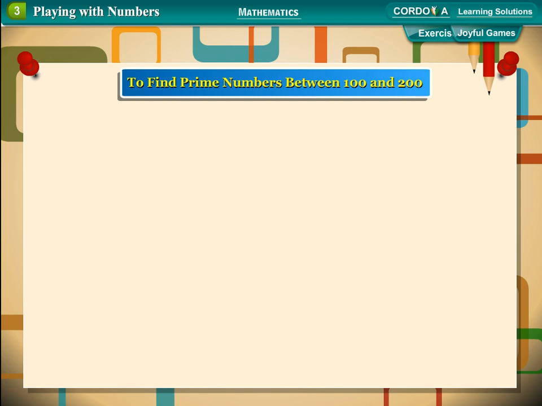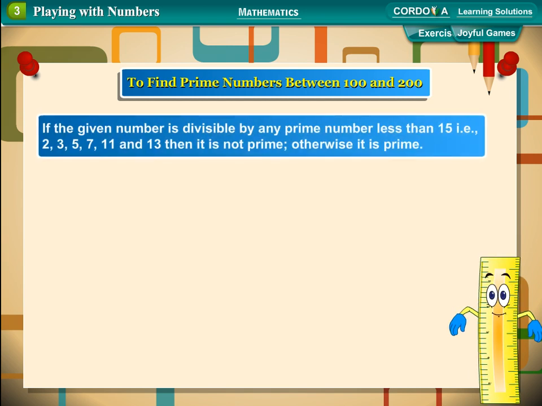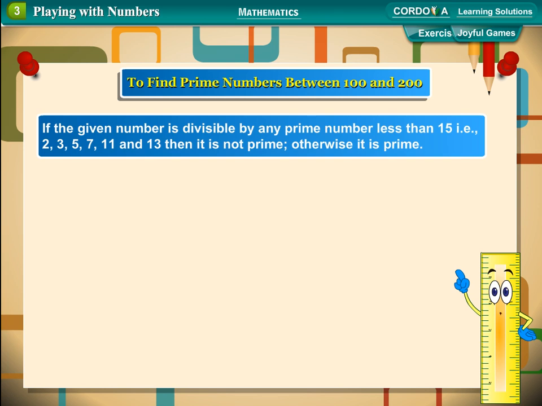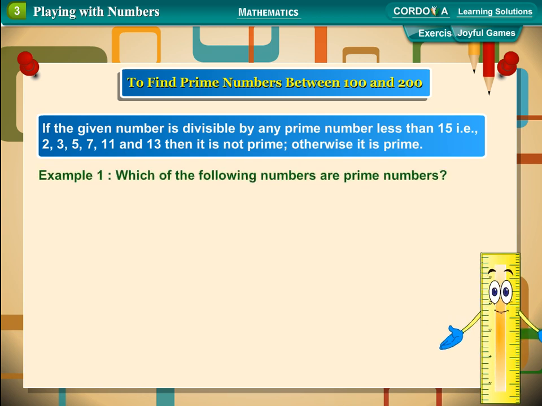To find prime numbers between 100 and 200, if the given number is divisible by any prime number less than 15, that is 2, 3, 5, 7, 11 and 13, then it is not prime. Otherwise, it is prime. Example 1. Which of the following numbers are prime numbers? 117,